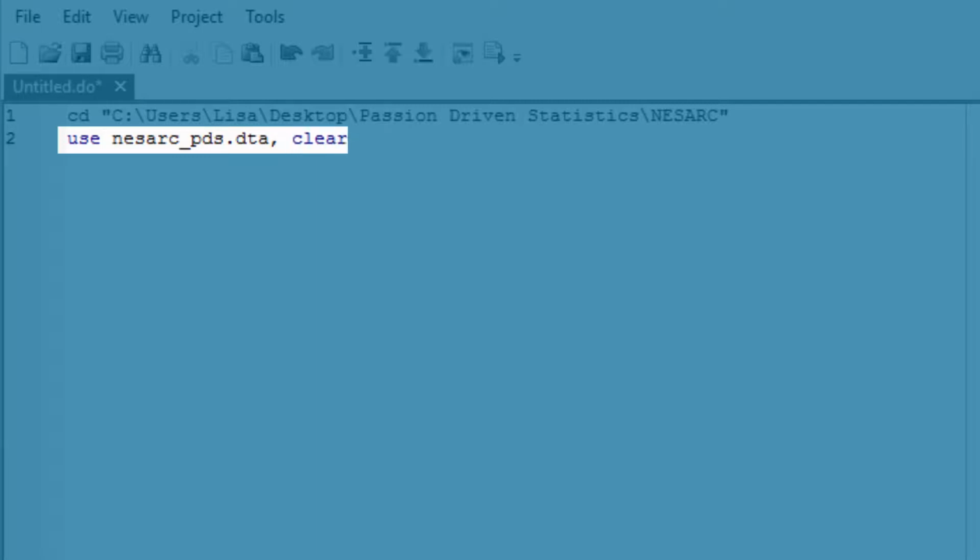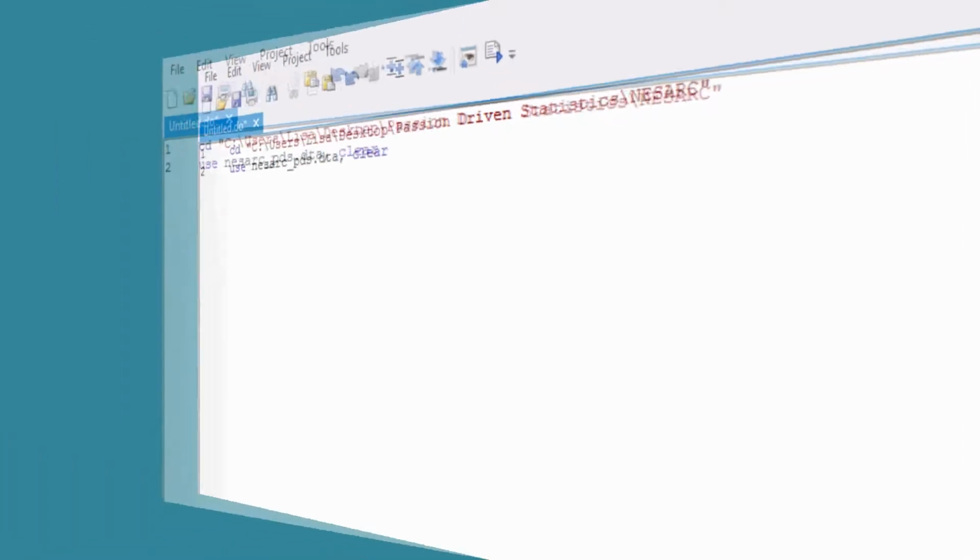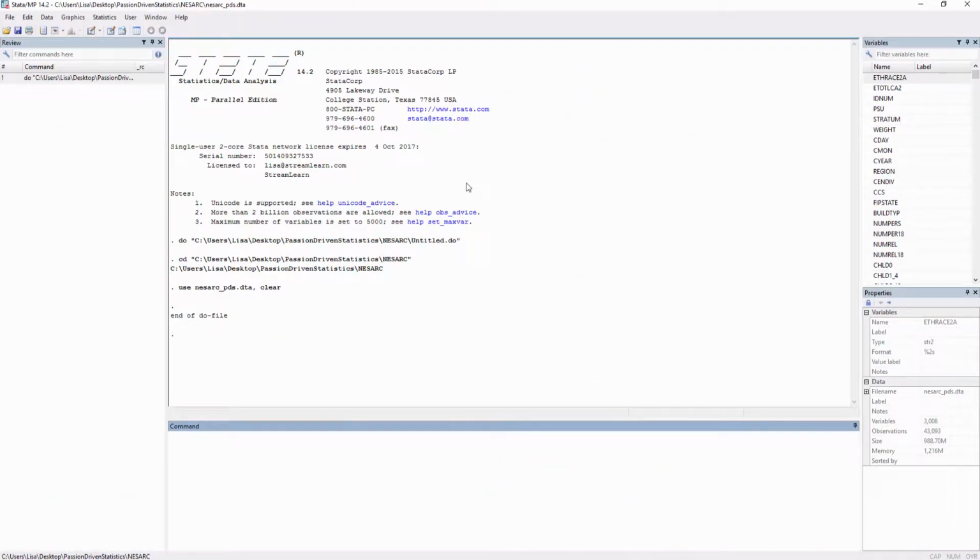Clear, on the other hand, which tells Stata to clear out any data that might already be stored, is not strictly necessary, and so it's an optional argument that comes after a comma. Since we just opened Stata, we know there's no data already in memory, but it's good practice to include the clear option anyway. It's also possible to open a data set by using the point-and-click features of Stata by